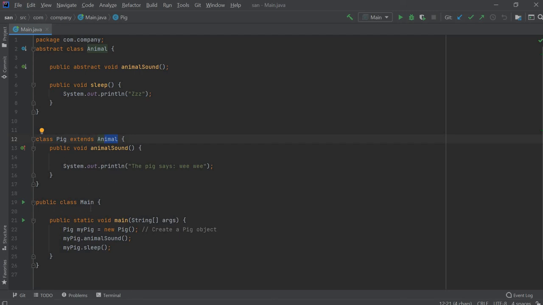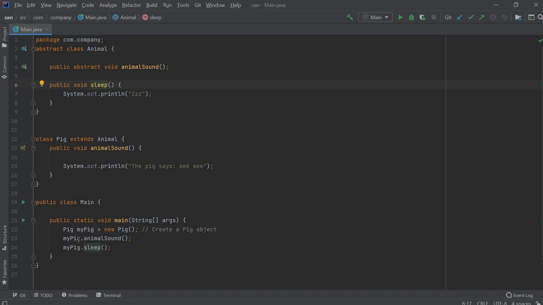Now inside the main function, I'm going to create the object of this class because I want to access this method, and this method also. As this is the abstract class, I cannot create the object of this class, but I can create the inherited class object. So Pig can create an object. My pig is the object of this class, and new Pig, this is how we create the object of any class.